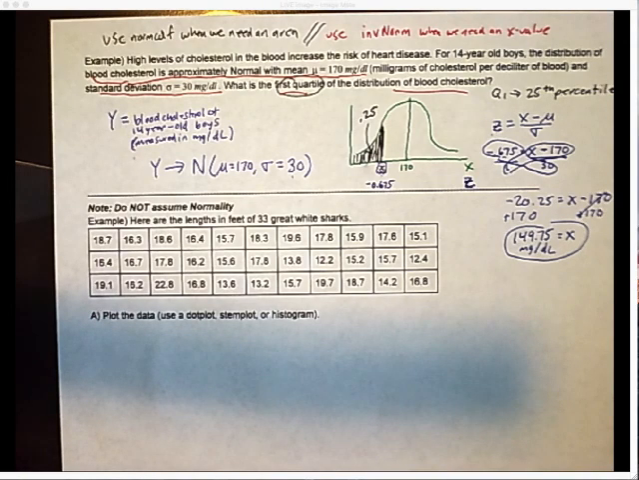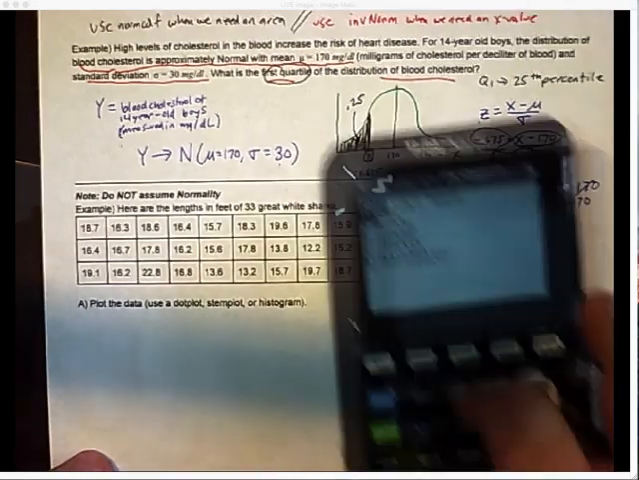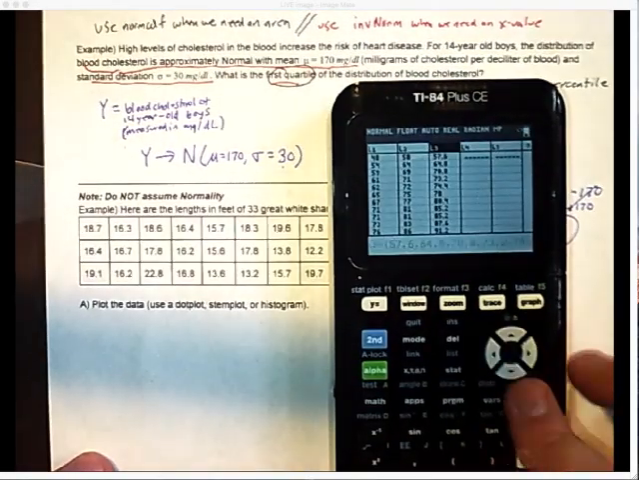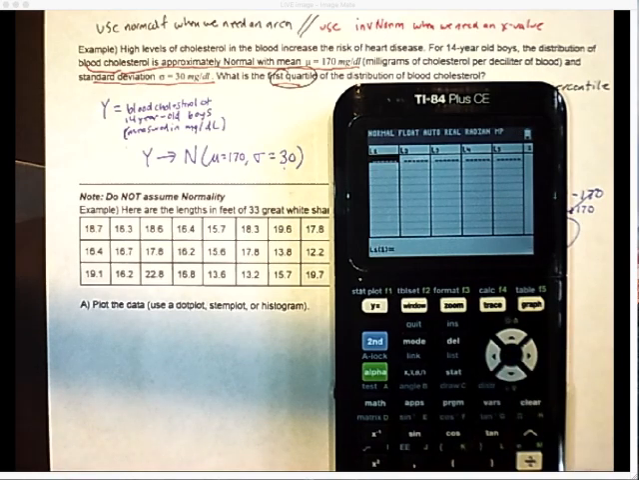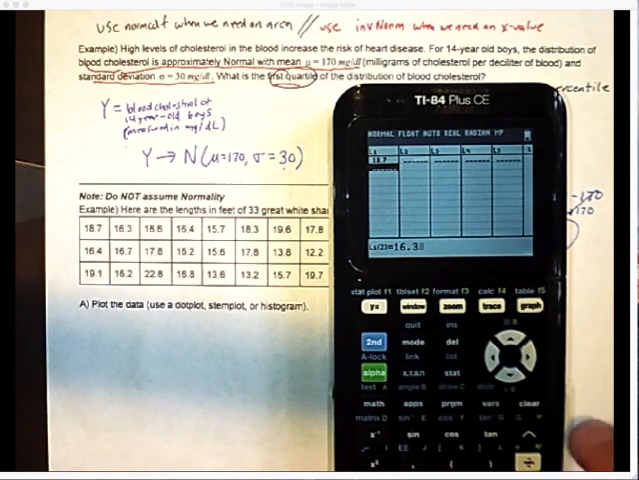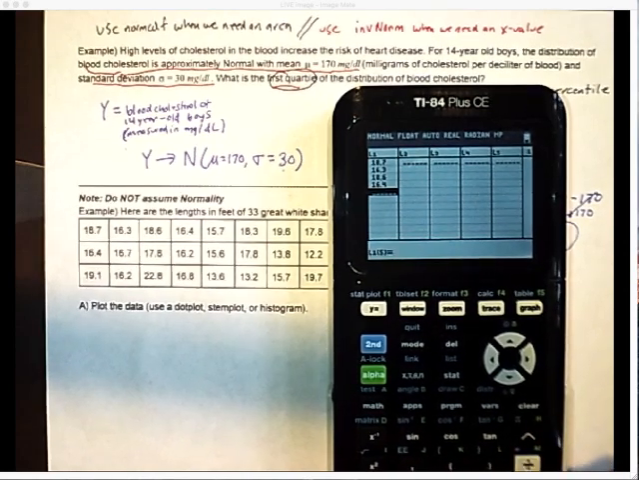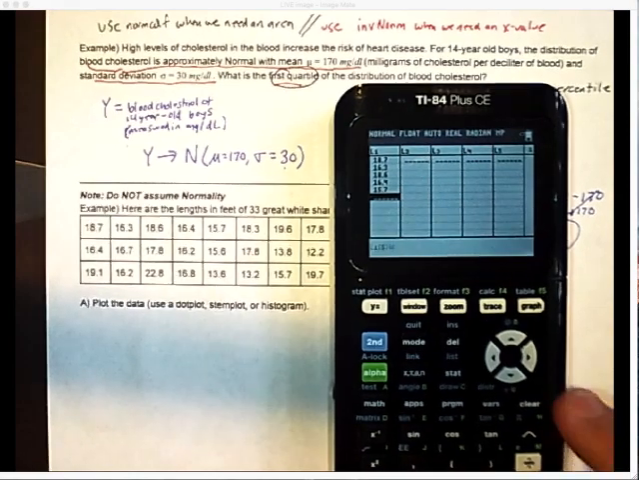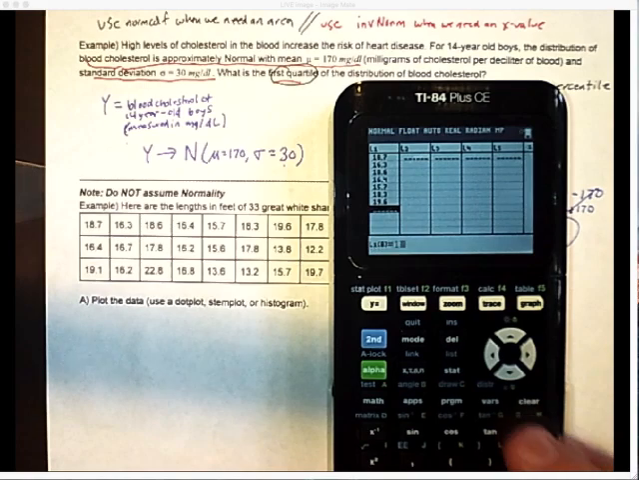It says, here are the lengths in feet of 33 great white sharks. Okay, so let's go ahead and start to put the data into our calculator here. All right, clear some data here. I should have done this ahead of time, sorry guys. 18.7, 16.3, 18.6, 16.4, 15.7, I'm going across, 18.3, 19.6, 17.8,